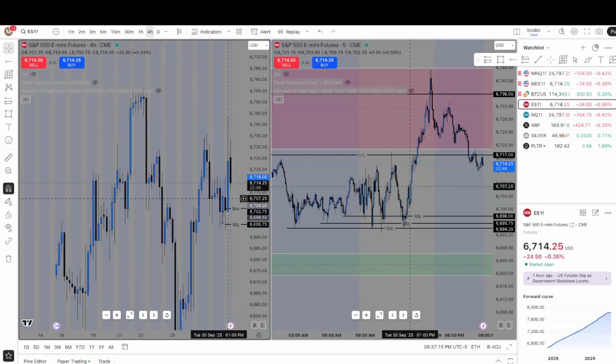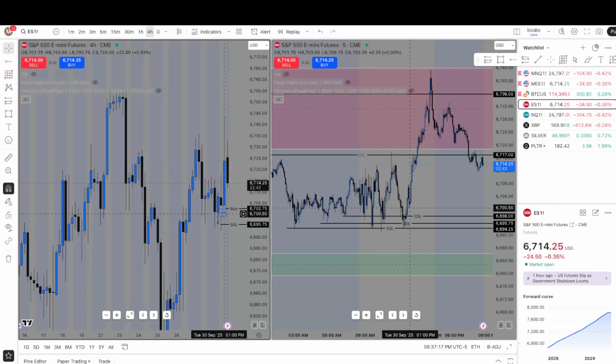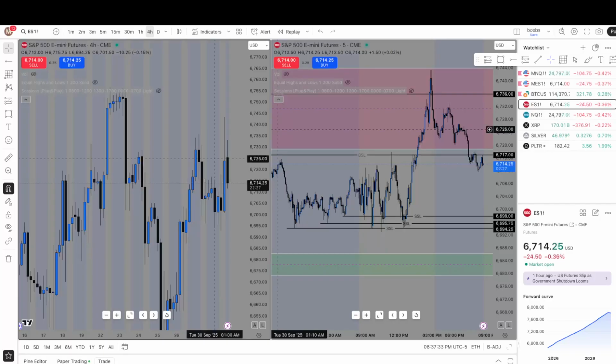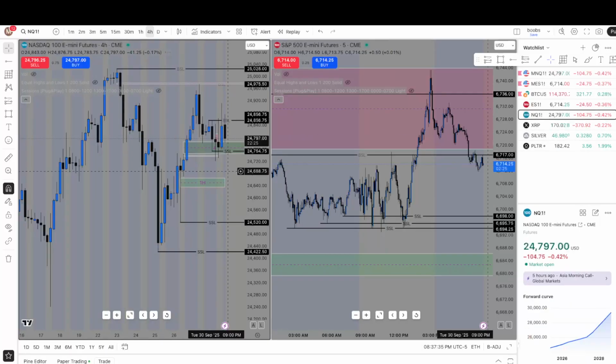It's only 8:37, so I usually like to mark up some of my draws, like just the 4 hour, not the 1 hours, but the 4 hour draws before I go to sleep, and then go in when I wake up. I see if those 4 hour draws got tapped into 4 hour price arrays, and then I start marking up my 1 hours. So going into the day tomorrow, I need to get NQ popped up on here.